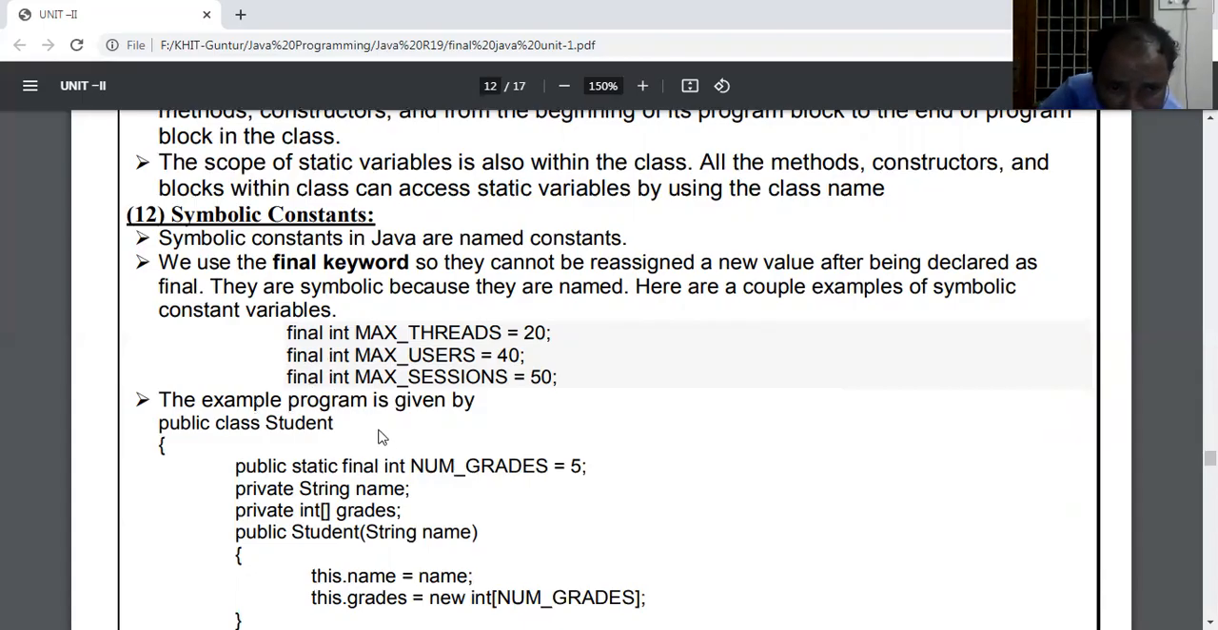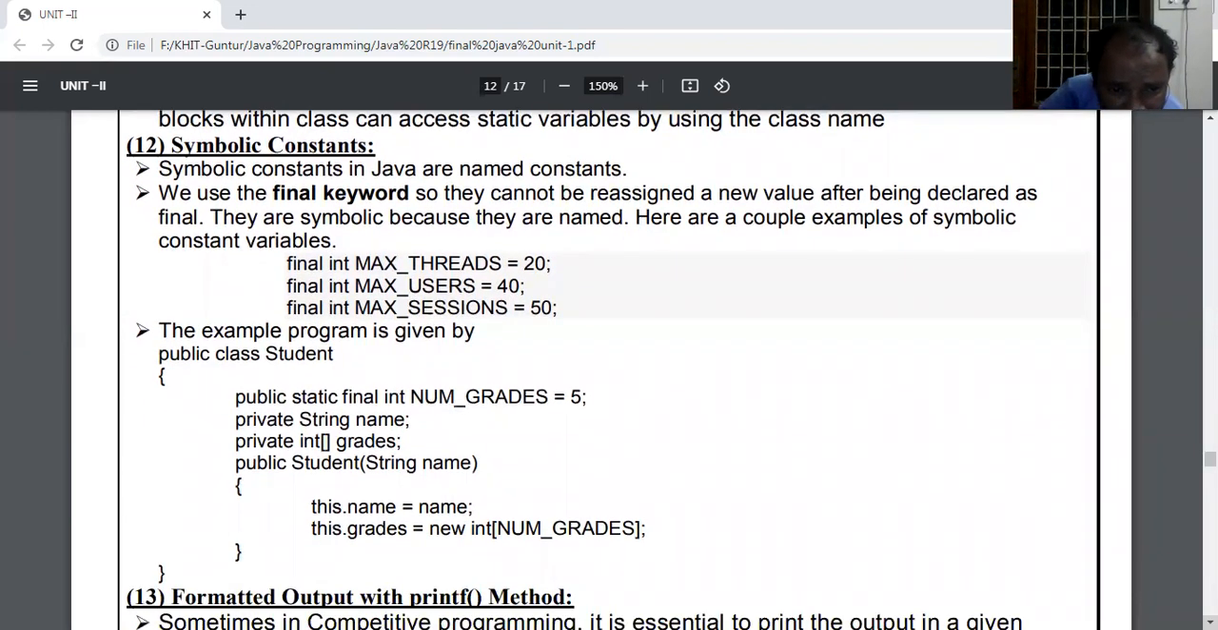The example program can be used as it is. So these values cannot be changed. The values cannot be changed. So here in the constructor, you are writing about this name, this grades equal to so and so. Then